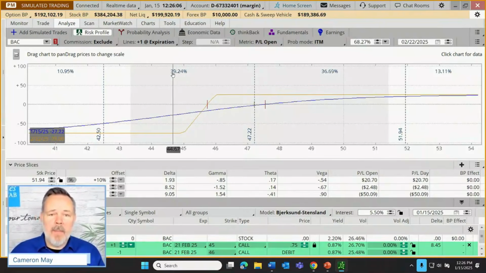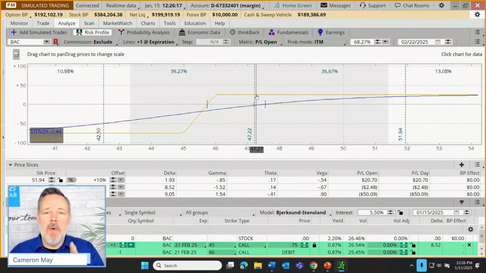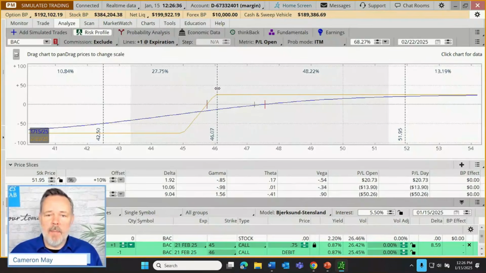Another thing, though, that might be of interest for our traders is they might be looking at this expiration wondering, well, let's get more specific than that. What's the likelihood that our trade actually winds up in max gain territory? In this case, we need our trade to be above $46 to be at maximum gain. Well, that's when these numbers come into play. Watch what I can do here. I'm going to click on this slice, the one that's just set to the current price, and I can drag it over and position it right at $46. Now I can get that pretty close.